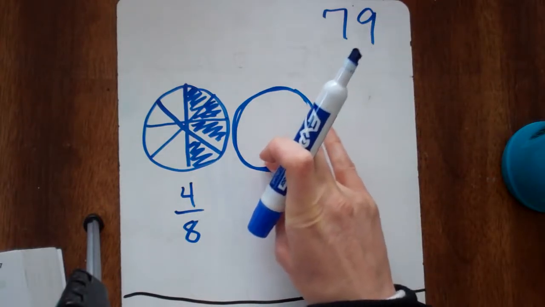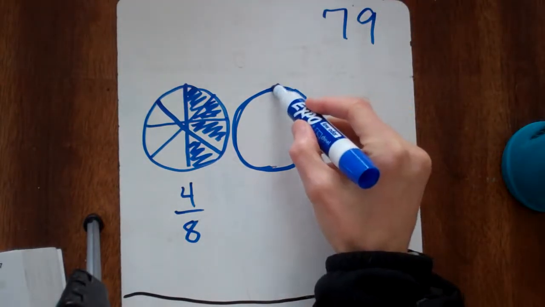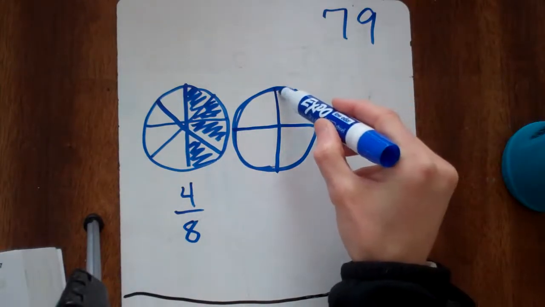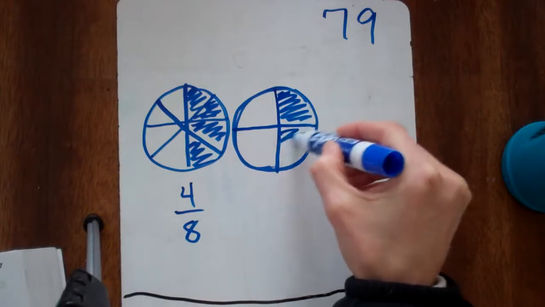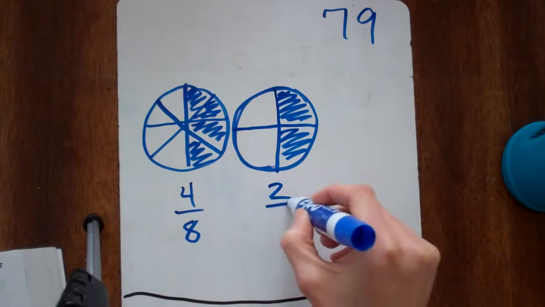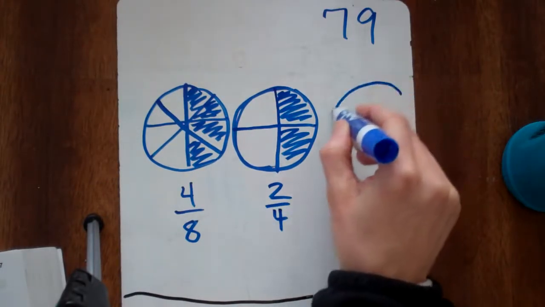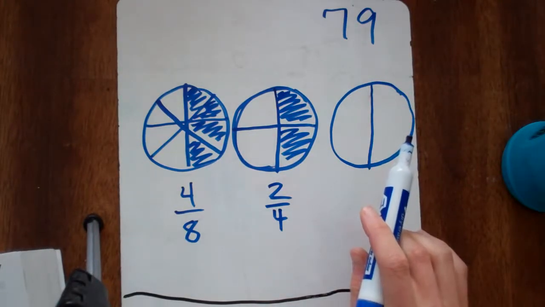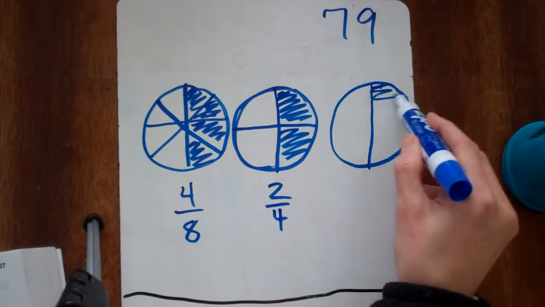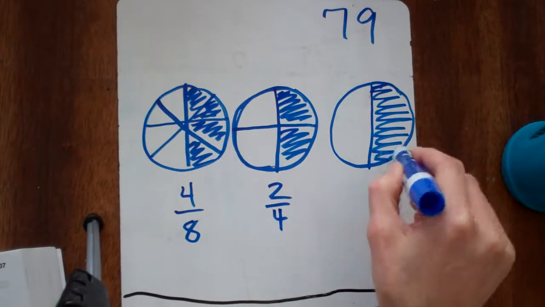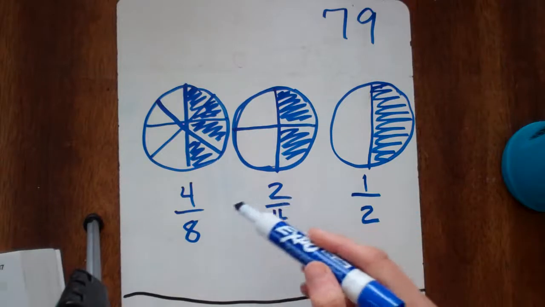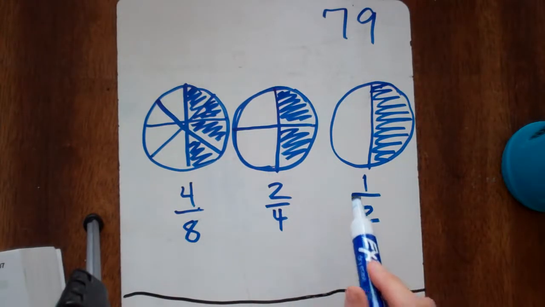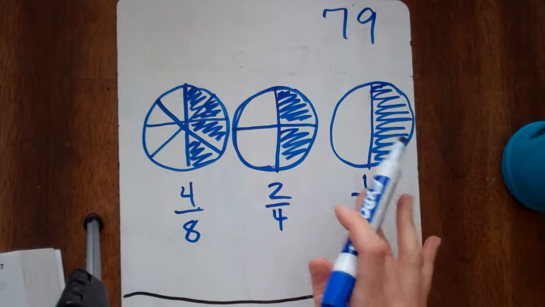It also makes, if I were to cut the pizza into just 4 slices and colored in 2 of them, it would make 2 out of 4. But it also makes, let's cut it just in 2 slices and fill in 1. As you can see, 4/8, 2/4, and 1/2 are all the same thing as a half,